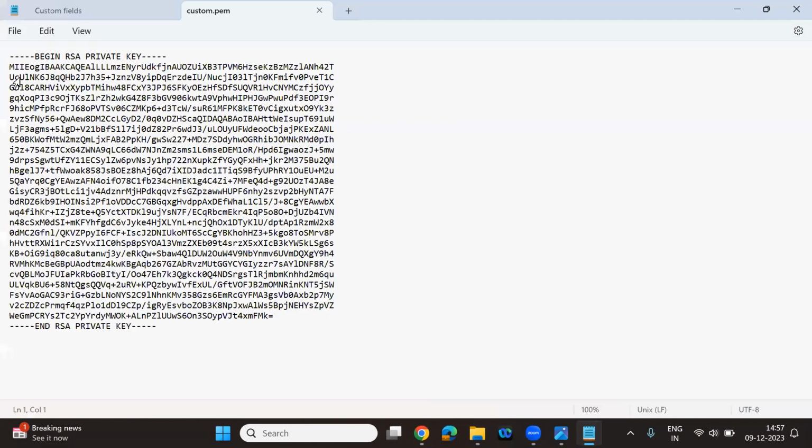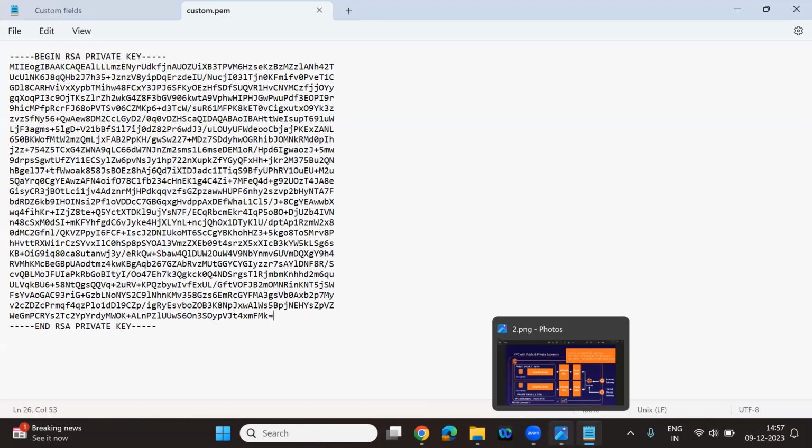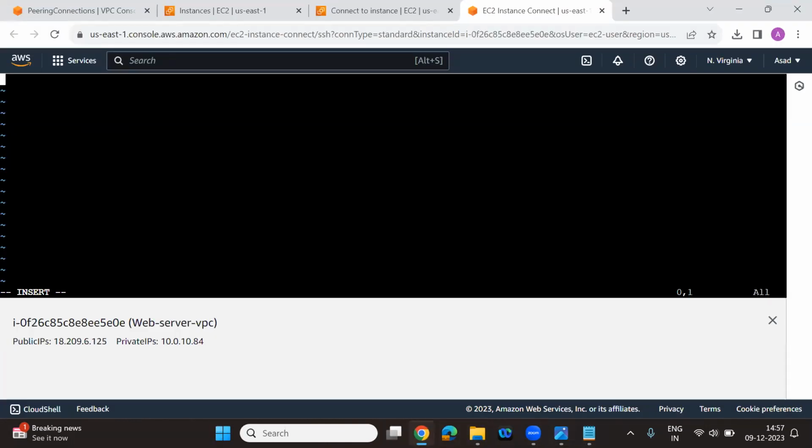Okay, let me drag it. This is all my key pair and everything there. So I'm just trying to copy this thing. Make sure there's no extra space and all, or else it will be rejected. I have to be very careful here, because if something goes wrong, then